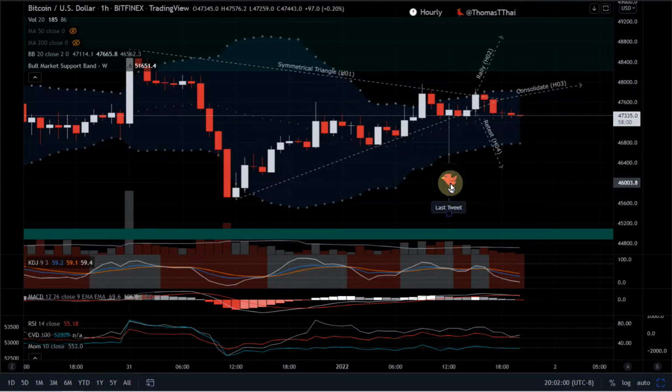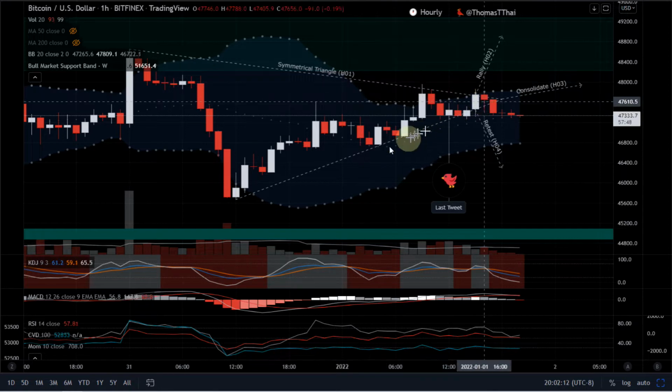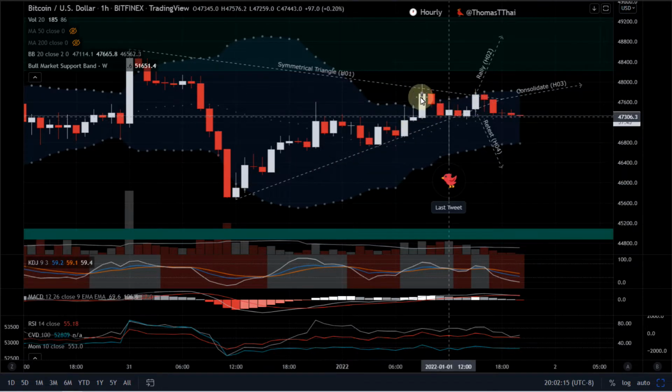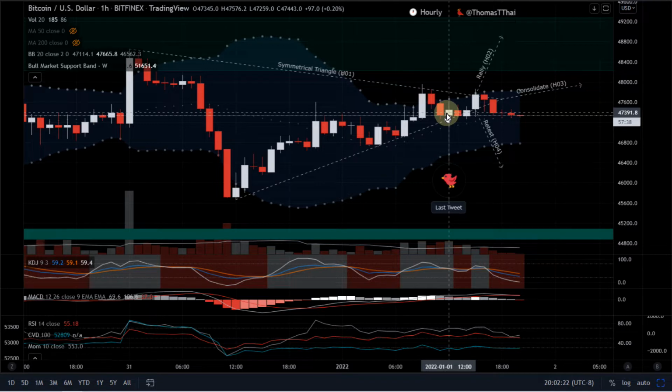Last time I tweeted before I went hiking with my girlfriend was right around where this bird is. Where's this last tweet? We had a white candle, and I had already extended out the symmetrical triangle a little bit further because the price was consolidating. In that last tweet, I mentioned that price will probably consolidate but ascend slightly, and that's what it did. This white candle here, or green candle on your screen,